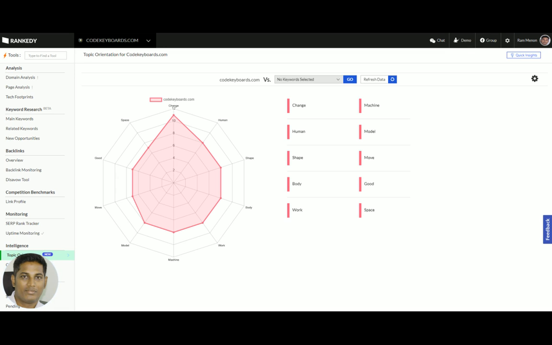For instance, you are seeing here the topics that are relevant to this website: machine, model, move, good, space, body, work, shape, human, change. So you can see that they have used words that are highly relevant to these topics. So when you see the top 100 results for this keyword, which is code mechanical keyboard,